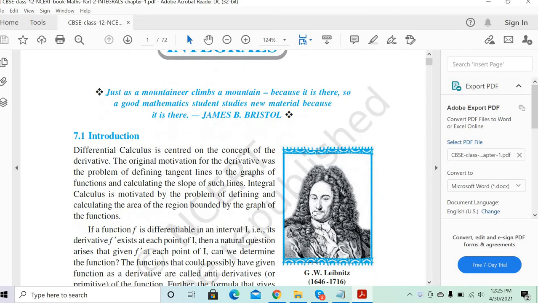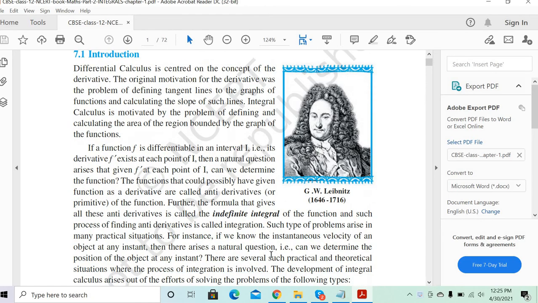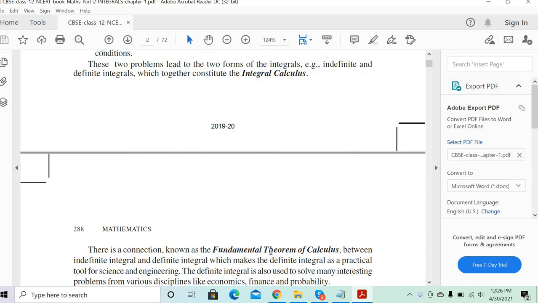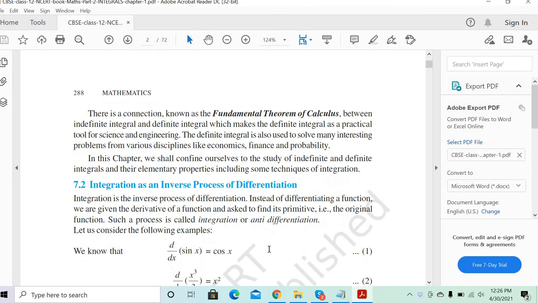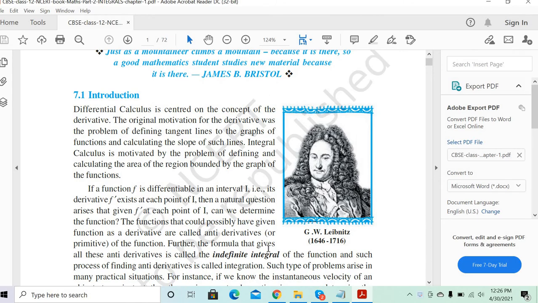Okay, Vijay, let's open the integration chapter, integrals. Now let's go with the integral calculus. What is this integration, and we'll try to understand this part. A couple of important things we'll understand.